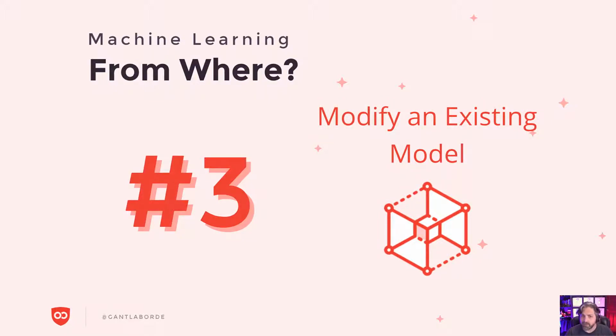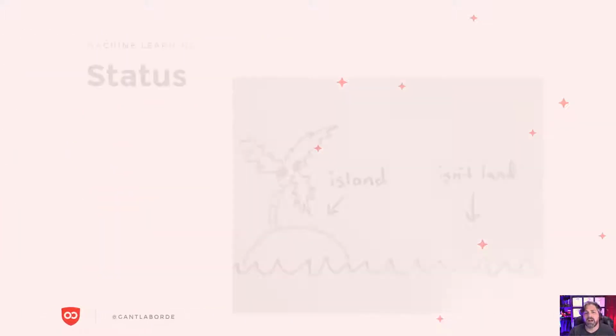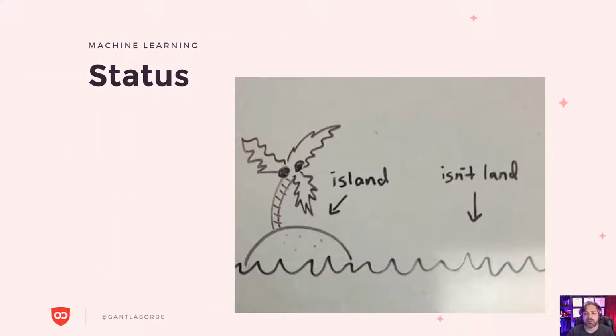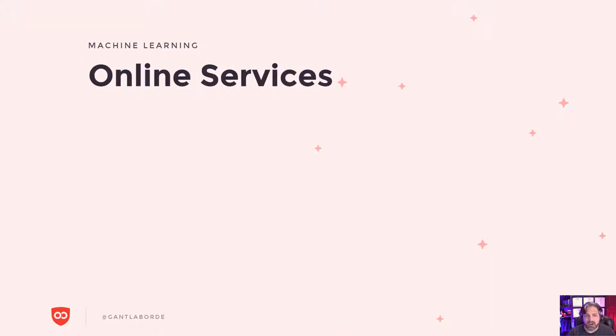This is like the Stack Overflow solution, where something's really close to what it is that you want, but it doesn't do it exactly. So you just modify a little bit, and that's called transfer learning. This kind of aspect of it is not alien to us as web developers. We can actually implement these different methodologies, but we don't right now because the AI world is somewhat confusing and distanced and odd.